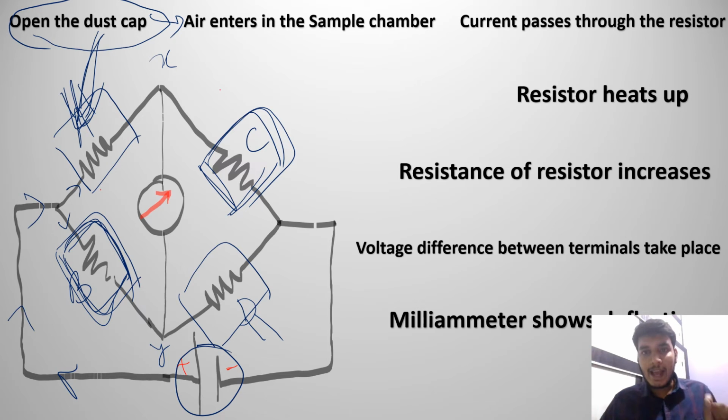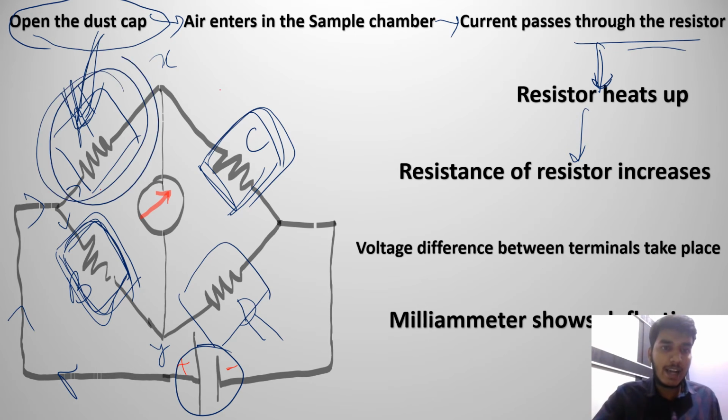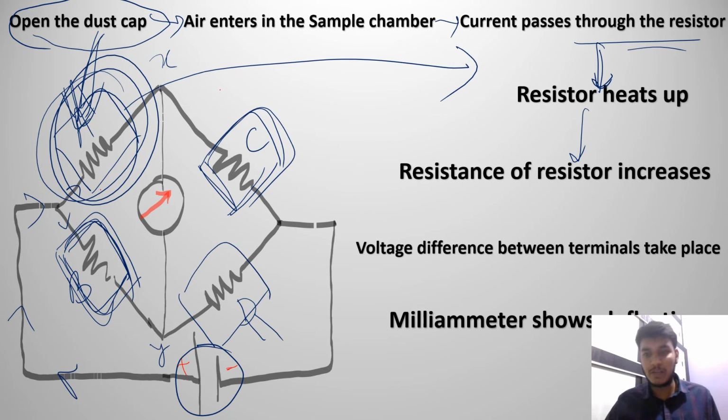Okay, as current flows through the resistors, it will heat up the resistor, because as we know, resistors provide obstructions in the path of current, and if you provide obstruction in the path of current, then heat will be generated, which will heat up the resistor. Now, as the resistor gets heated up, it reacts with the particular gas present in the sample chamber, that is